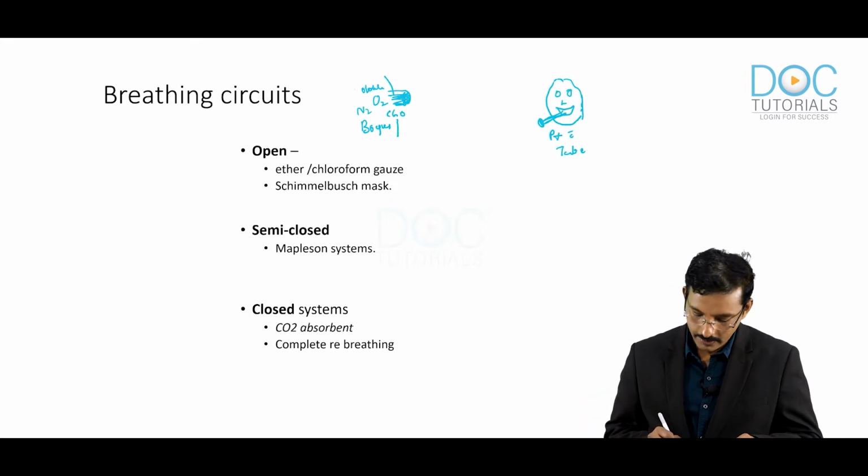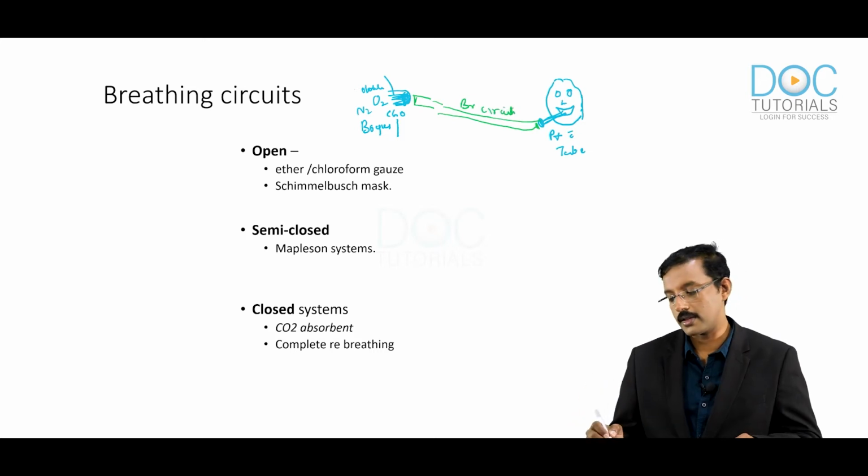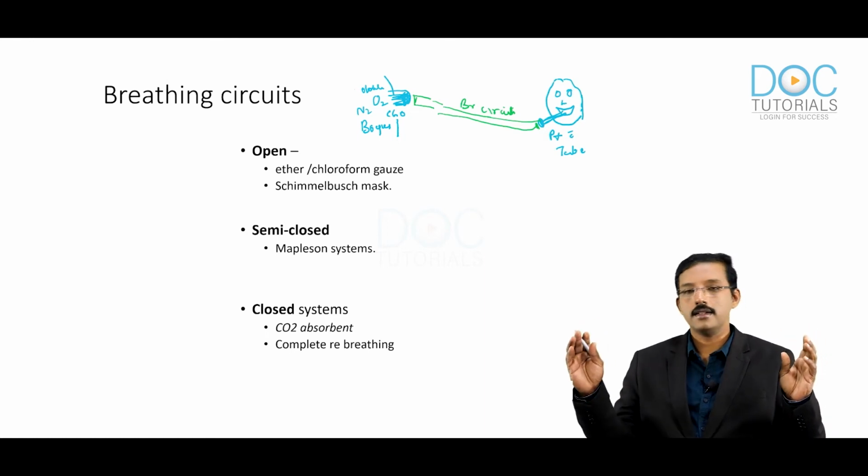Now the next aim is to connect the gases coming out of the common gas outlet to the patient. This is achieved by what is known as breathing circuit. So this green portion indicates the breathing circuit. We are going to study about this breathing circuit, the connecting link between the common gas outlet and the endotracheal